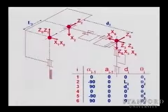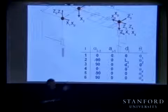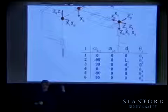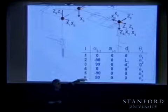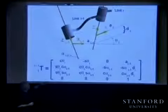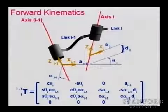Okay, so now every row that you have here for 1, 2, 3, 4, 5, 6 is going to give you a transformation. You're going to use this information and you're going to have a transformation. So if we go here, we're going to find the transformation from,